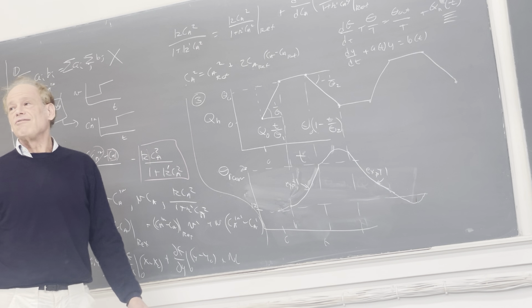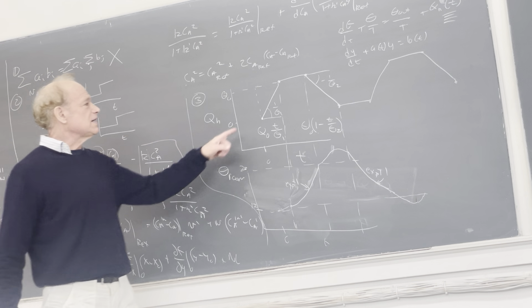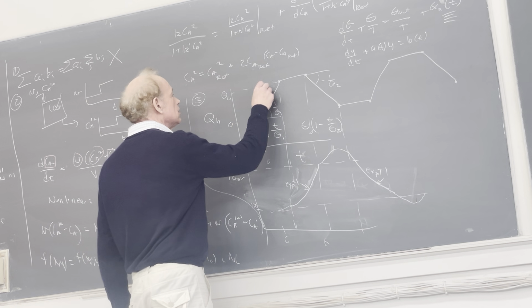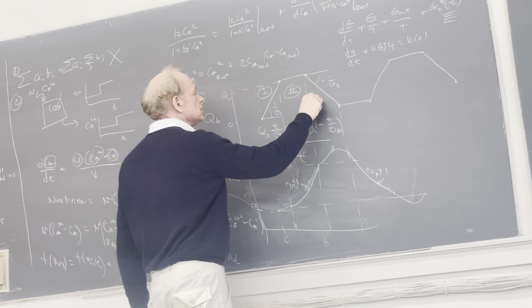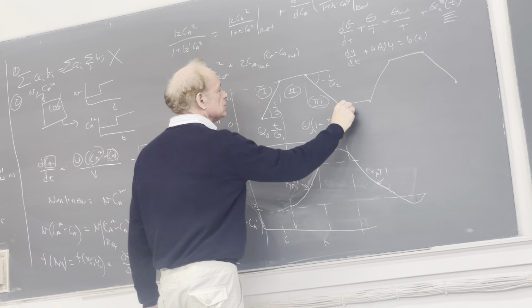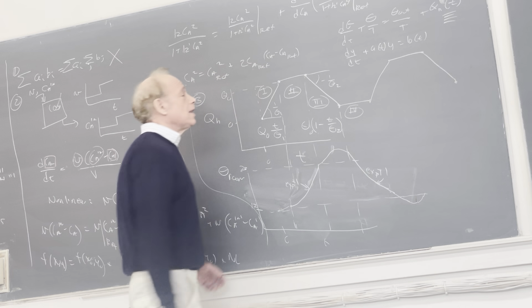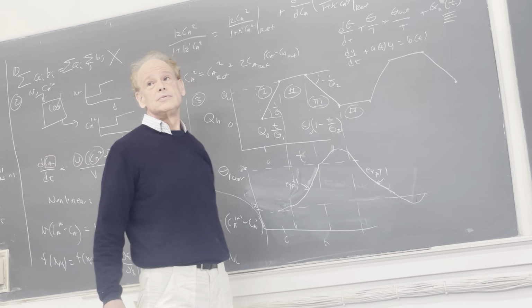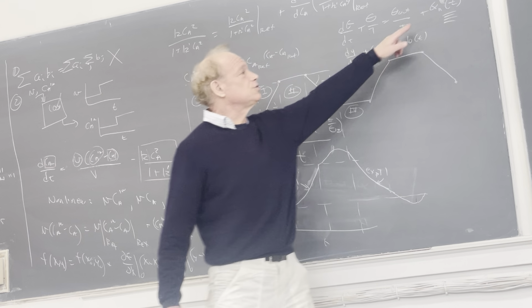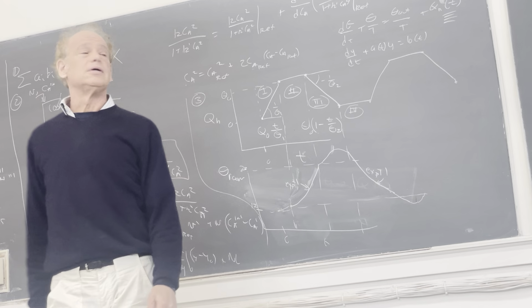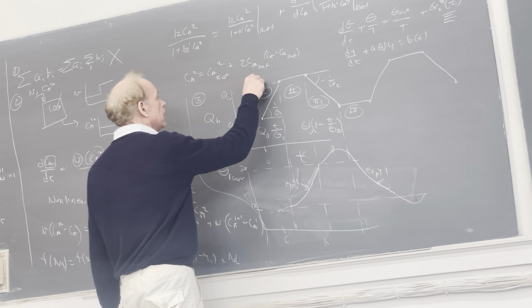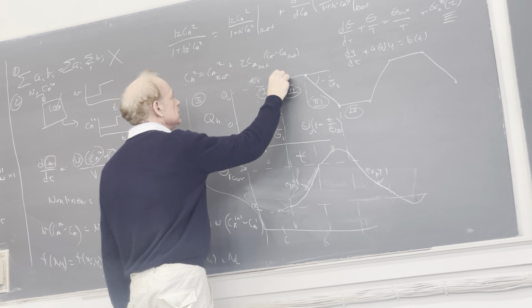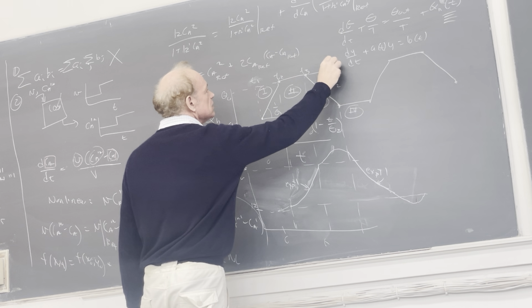The other thing, which I emphasized multiple times, is every time something changes, the region changes. This is region 1, this is region 2, this is region 3, and this is region 4. And in each region, I need to solve the equation anew. It's a different system because QH has changed its behavior. And if this is T1, this is say 0, let's call this T1, this T2, this T3, and this T4,